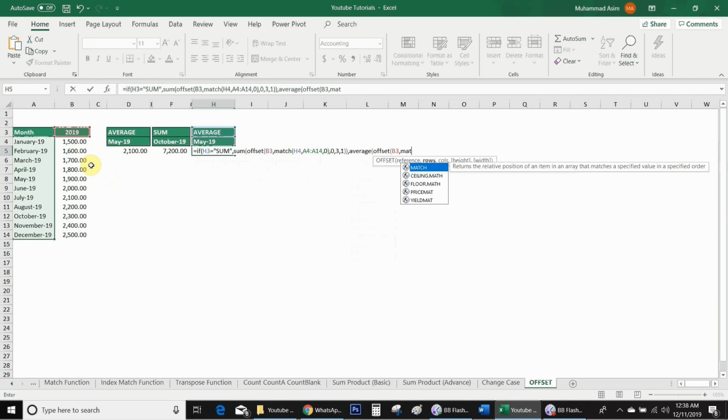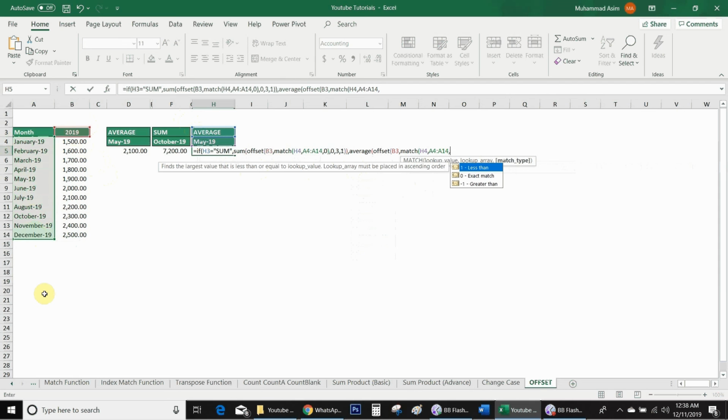I will again use the MATCH function, with the same lookup value, comma, the same array, comma, 0 for exact match, bracket close, then comma, 0 because I need to stay in the same column, comma, 3 because, as I explained previously, I need to calculate 3 months, so that's why I use 3 in height, comma, 1, bracket close, second bracket close for average, then the final bracket close for the IF statement, and